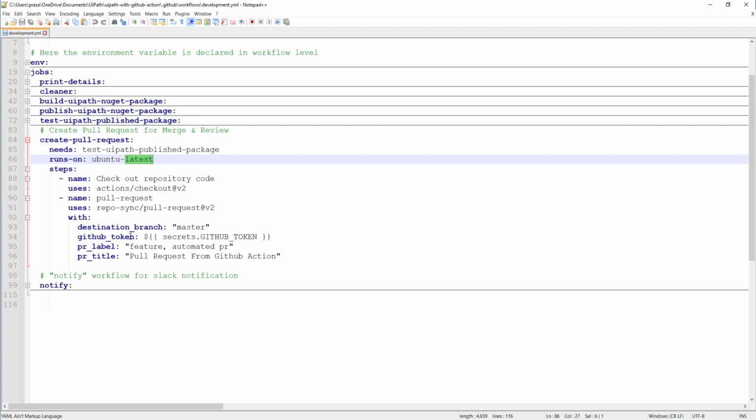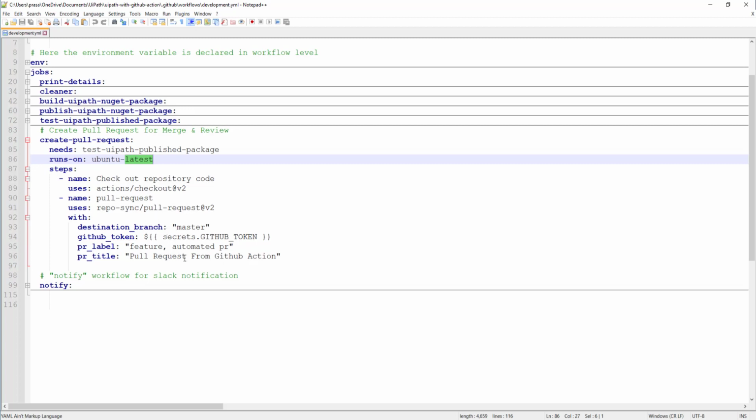The reason being, whatever task we have done has been successfully built, successfully published to Orchestrator, and the test has also been completed. So there is no issue with the code that I have written. It is safe to merge with the master. That's the reason we are creating a pull request here.